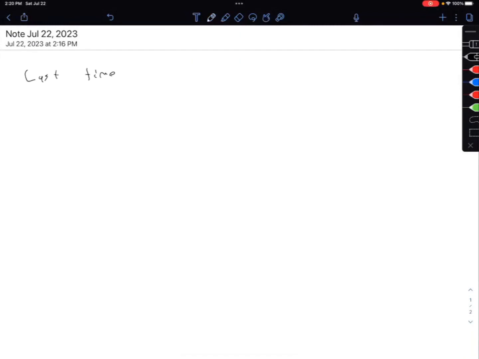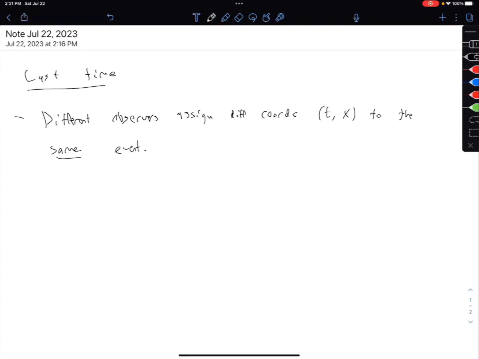Last time we said that different observers assign different coordinates t and x to the same event. Okay, and this was a point that came up at the end where somebody asked, I believe it was Viper, can you explain the causality condition where if two events are related by a space-like separation, then they can't be causally